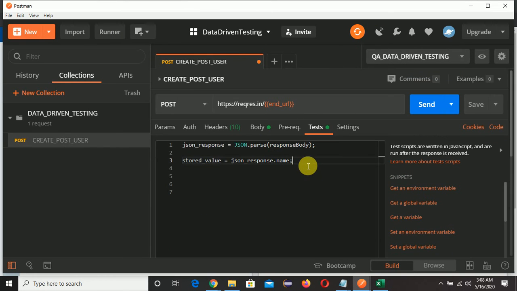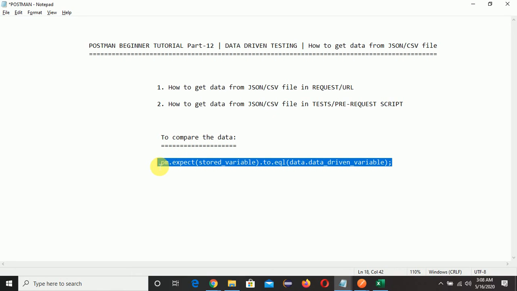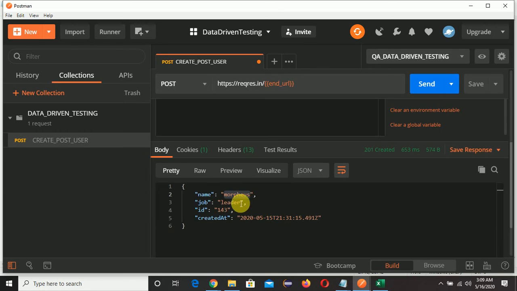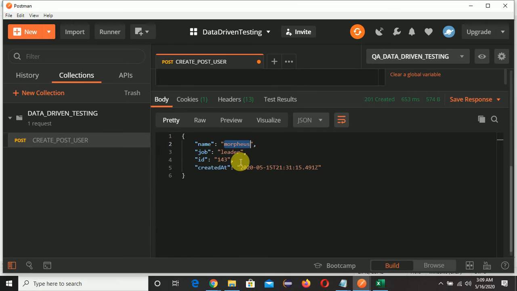For that we have one line of code. We'll copy it from our notepad. I have already written it here. Just paste it. Now pm.expect. Inside the expect you need to pass this variable, right? So this is Morpheus here. Indirectly this is showing Morpheus here.